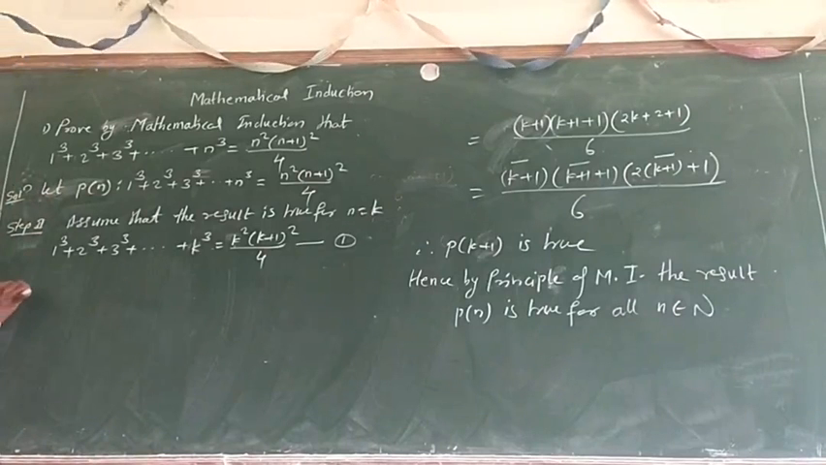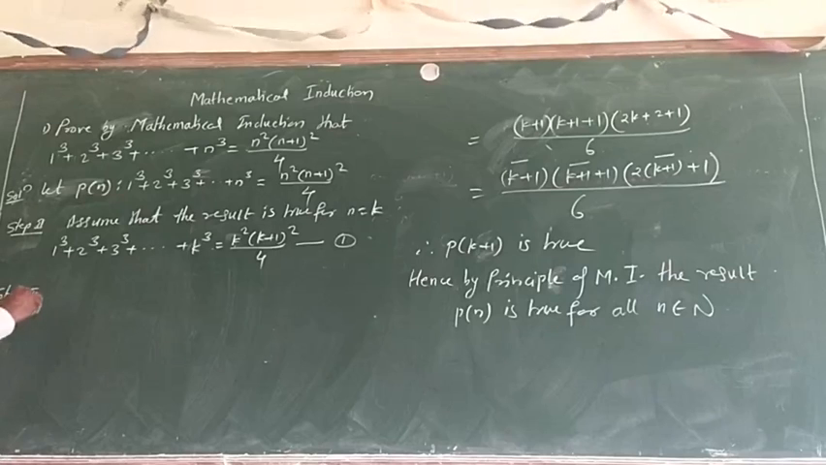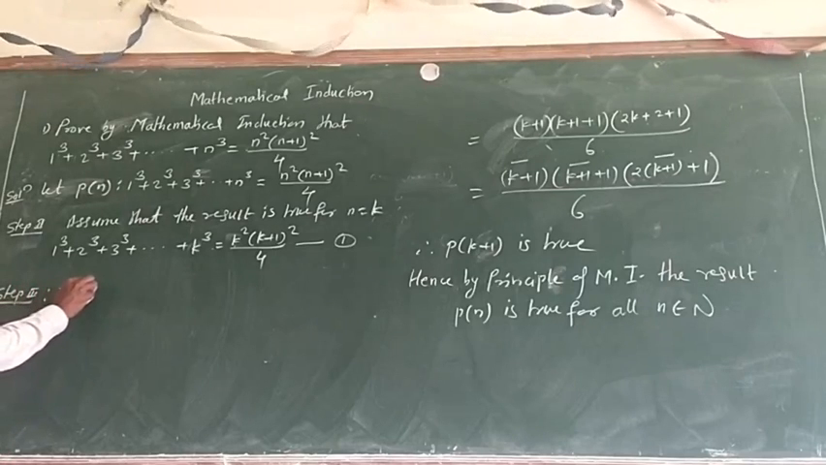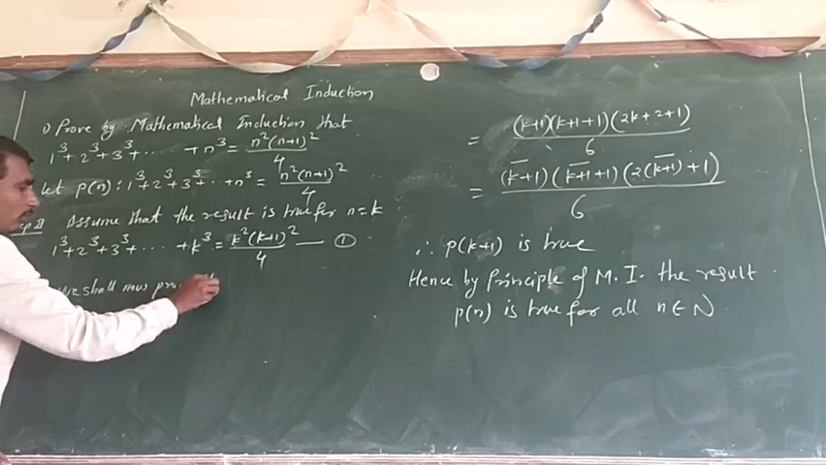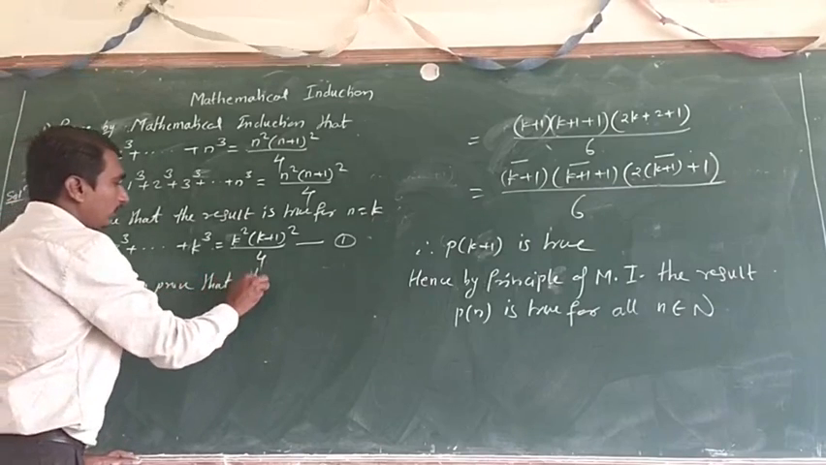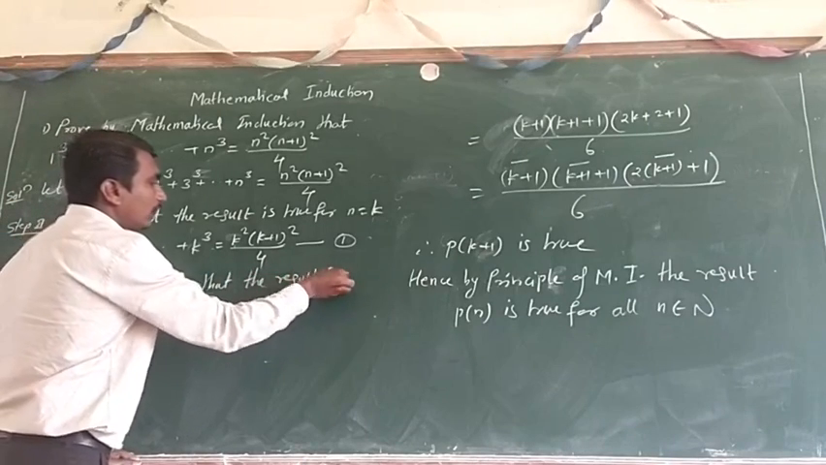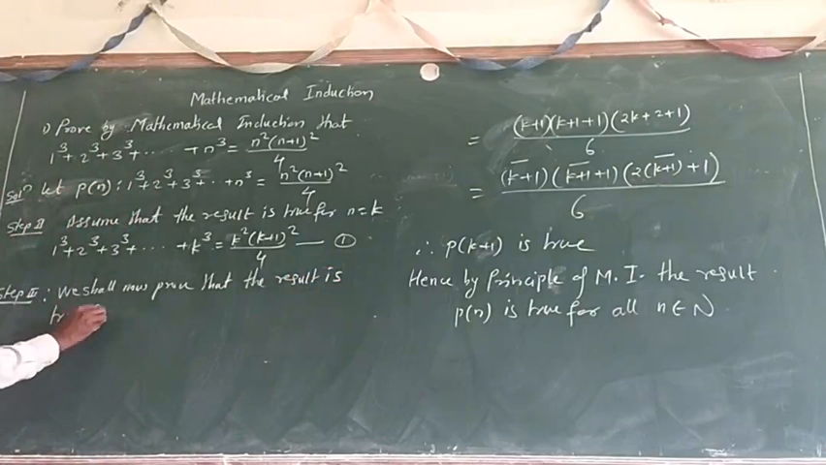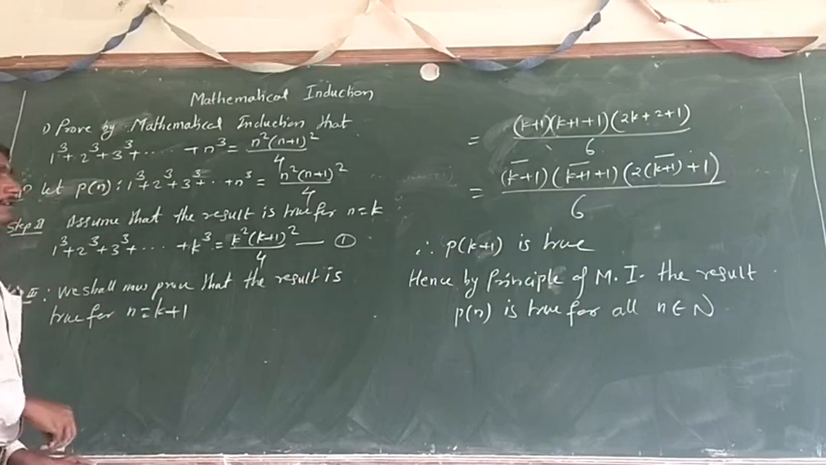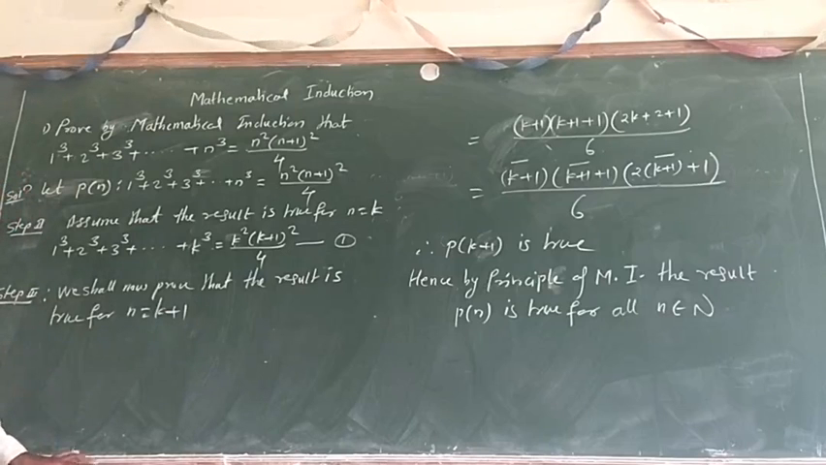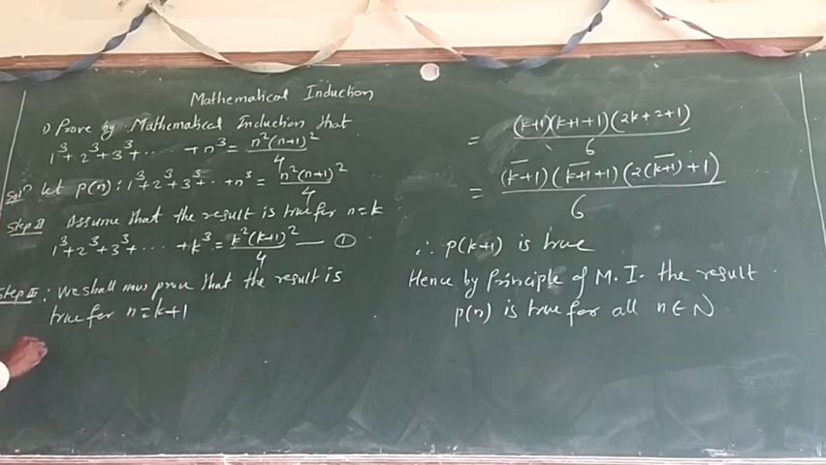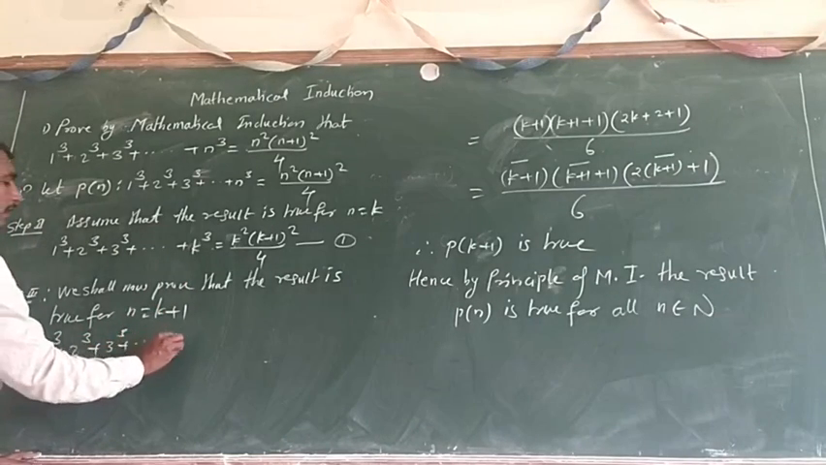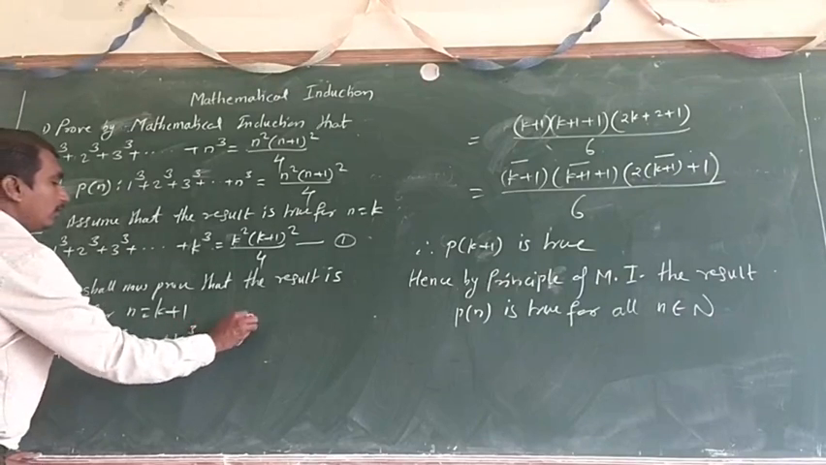Now step 3 is, we shall prove that the result is true for n equal to k plus 1. The result is true for k plus 1. Here the kth term is given, so we add the (k plus 1)th term. So that is 1 cube plus 2 cube plus 3 cube plus so on plus k cube plus (k plus 1) cube